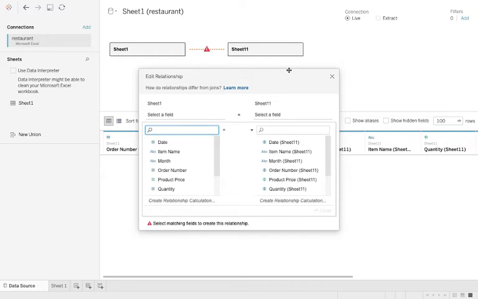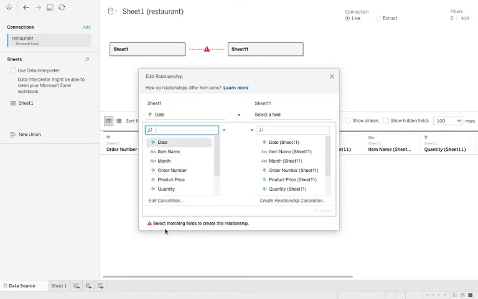Whenever you are combining two tables, if the second table has a common column from the previous table, that particular column is displayed in your table. But here, as both the sheets have the same columns, we are not able to do the matching.